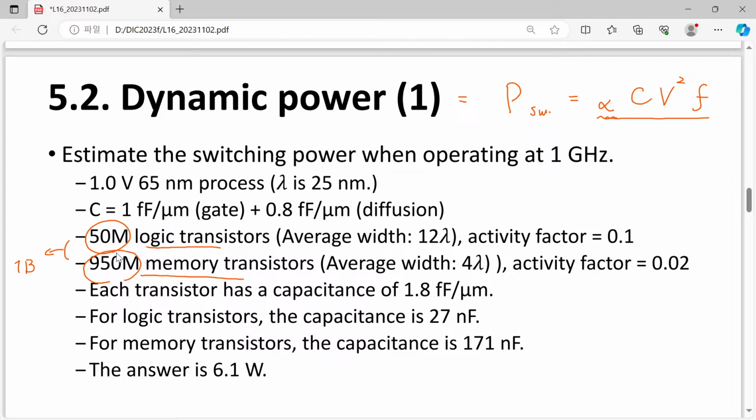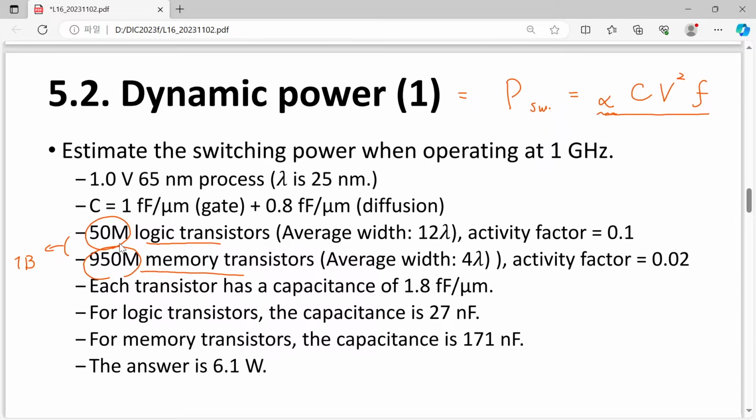Then from these two pieces of information, try to calculate dynamic power. That is the example. Since the textbook is somewhat outdated, the technology is a 65 nanometer